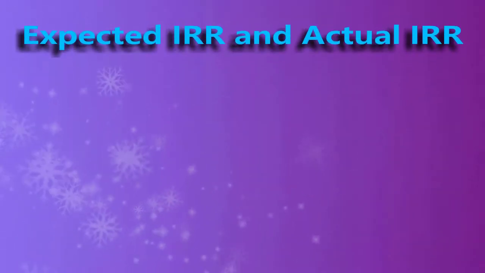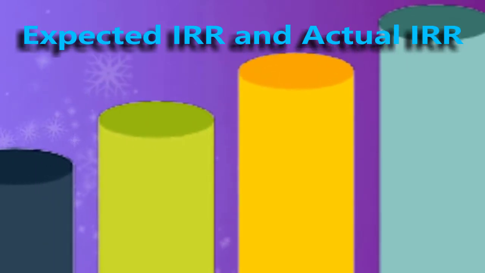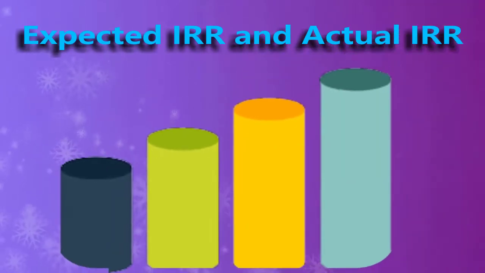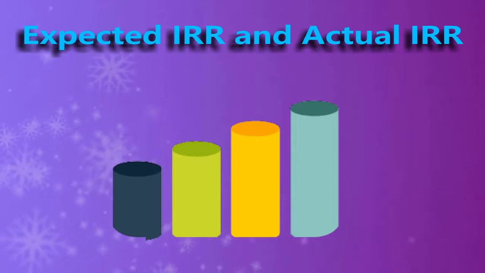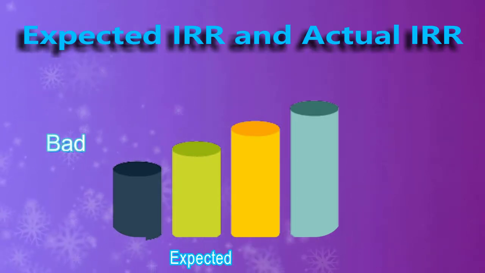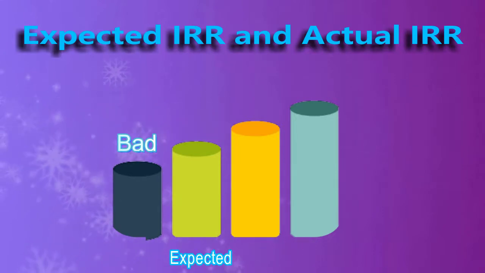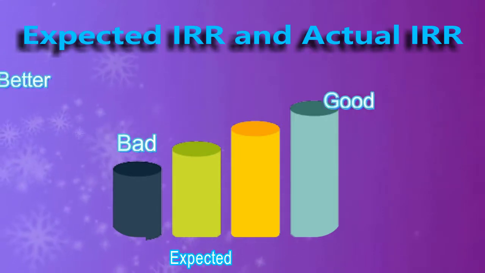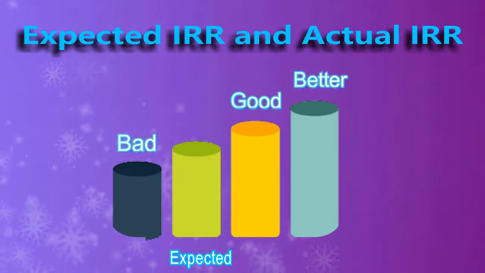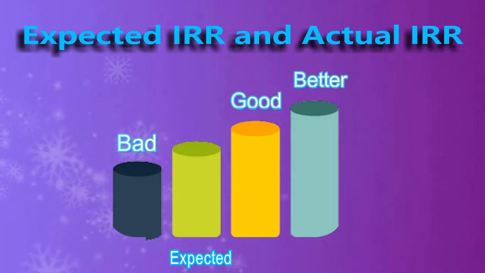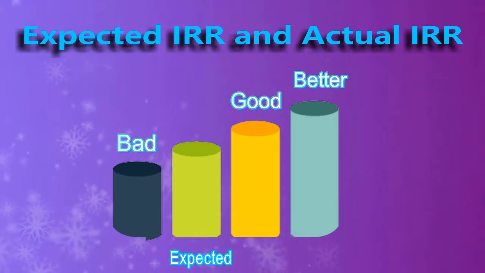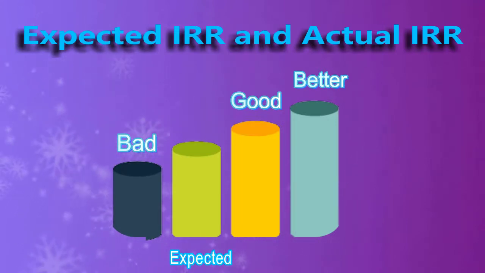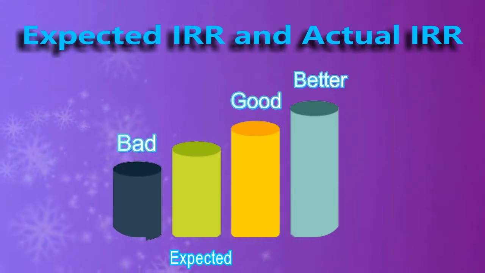Since the IRR is an estimation of the rate at which the project's returns will grow, the actual rate of return that a given project ends up generating will often differ from its expected returns. It can be lower than expected, higher than expected, and sometimes extraordinarily better than expected growth. A project with a substantially higher IRR value than other available options would still provide a much better chance of